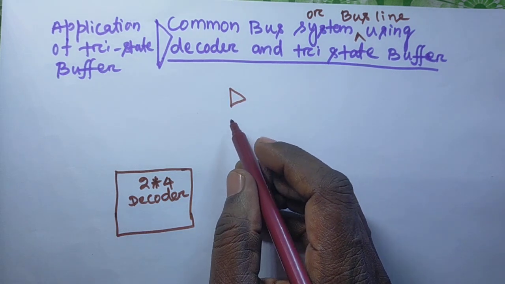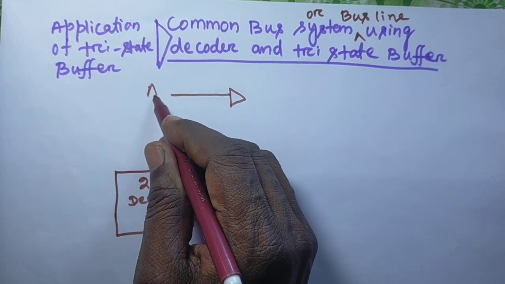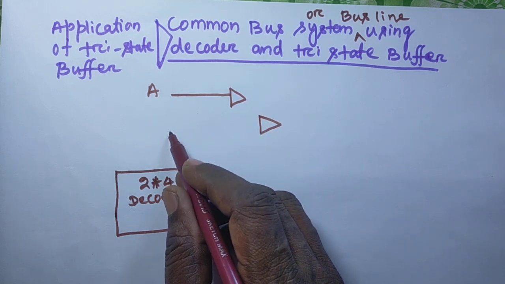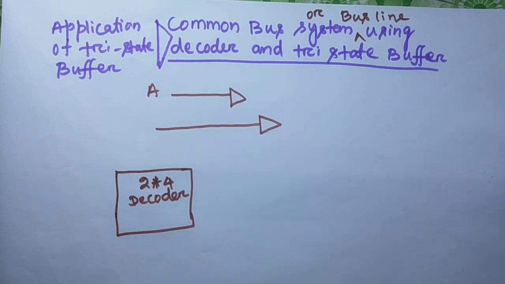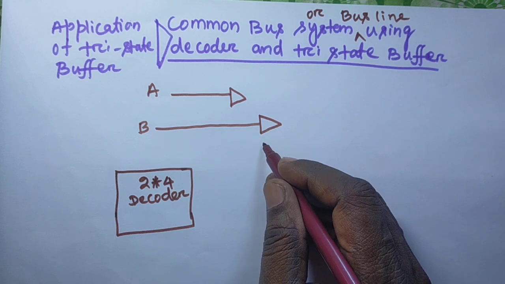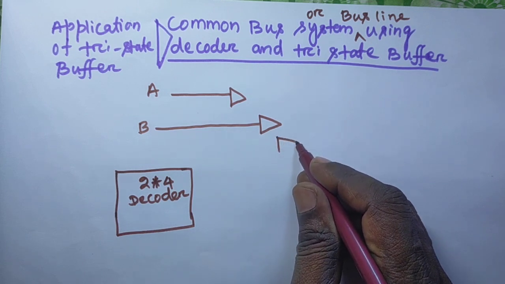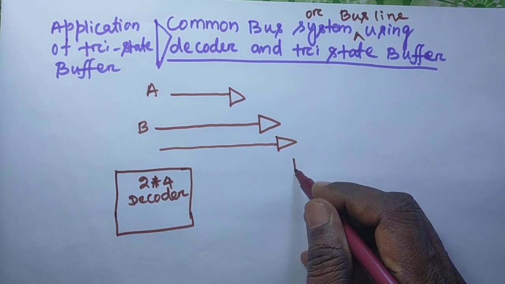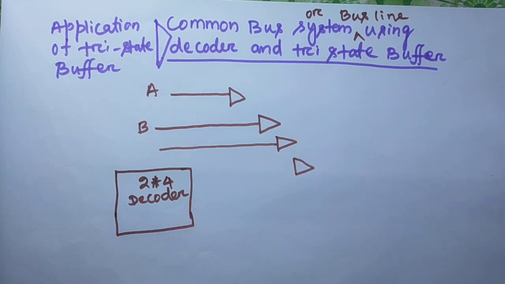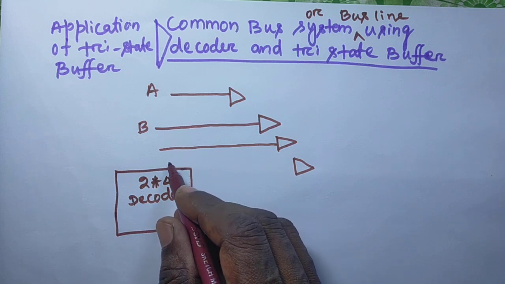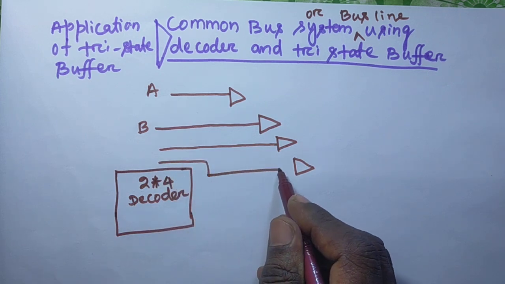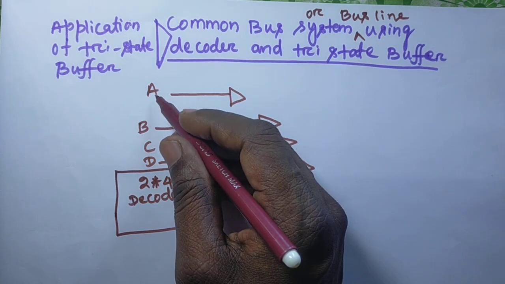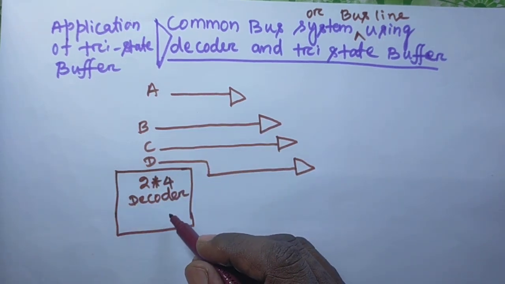Suppose this one, this is another, suppose here that is B, here also that is C, here also we can consider that is D. Okay, so for the normal inputs we can consider A, B, C, D, and one decoder we will consider,